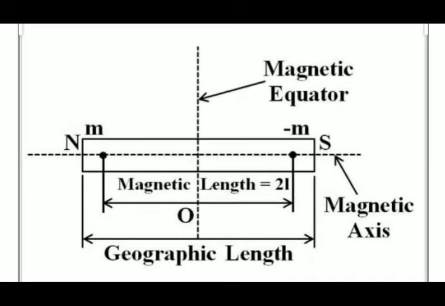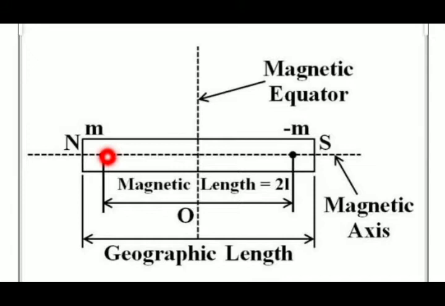Now see this diagram. Here we are having N at the left hand side, this is your N, and this is the S, that is this N is the north pole and this S is the south pole. So as you can see here, this is a bar magnet. Now as I had told you, a south pole is having negative magnetic strength, minus M, and a north pole is having positive magnetic strength, plus M.